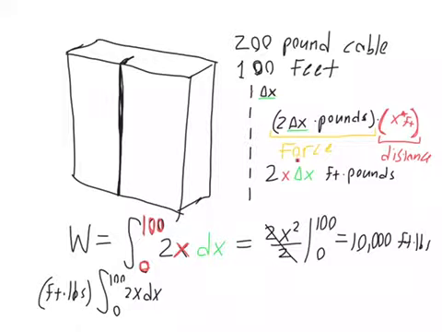So force is a constant given that we've chosen to cut these pieces up into lengths of delta x each. So force is constant. Distance is always changing. For each piece, there's a greater and greater distance that we must move these little pieces. And so now let's rearrange this so we can get this into the form that we